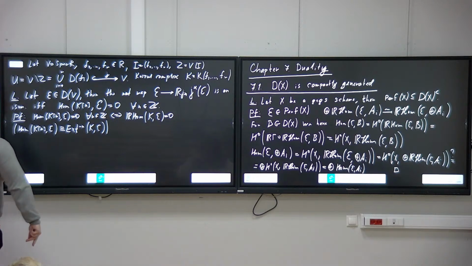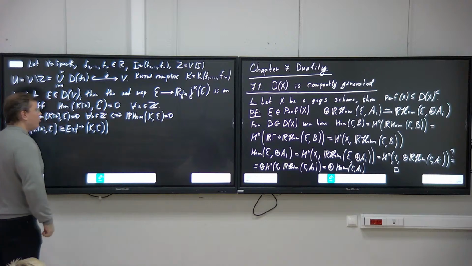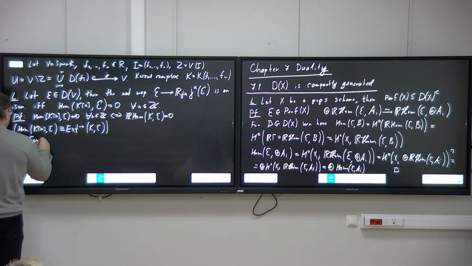Okay, so this is an if and only if statement, so let's go in one direction. So let's assume that, rewriting this, our Hom(K, E) is equal to 0. So I want to consider a special case and then reduce everything to the special case. So consider first